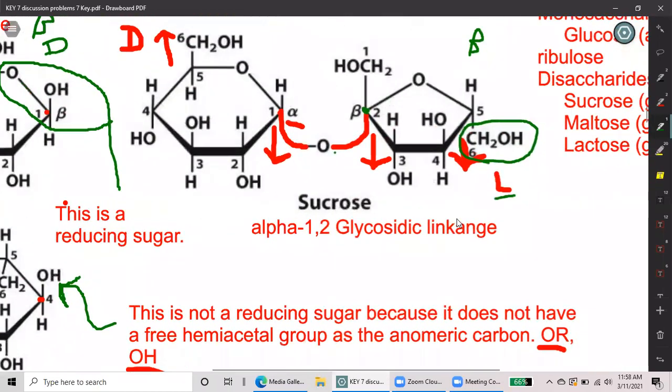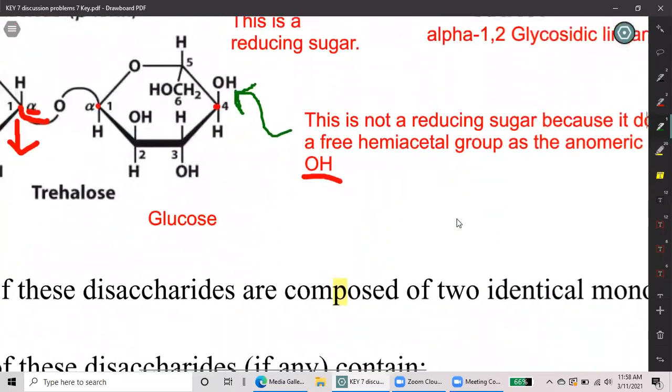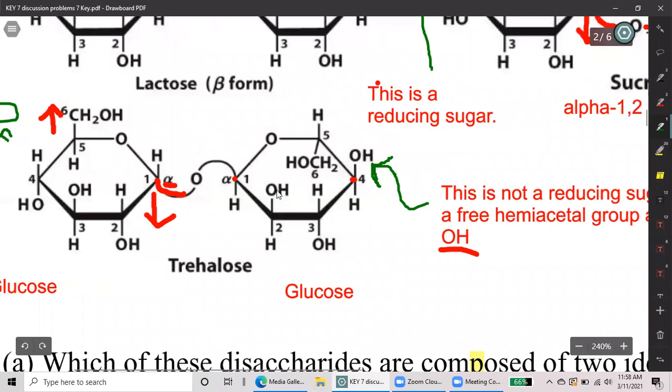Let's see, do we have, okay, trehalose. It's 2 glucose molecules. Carbon number 6 is going up, so that means it's D, and for the anomeric carbon, it's going down, so that means these guys are opposite, so that's trans and that's alpha. Okay? So over here we